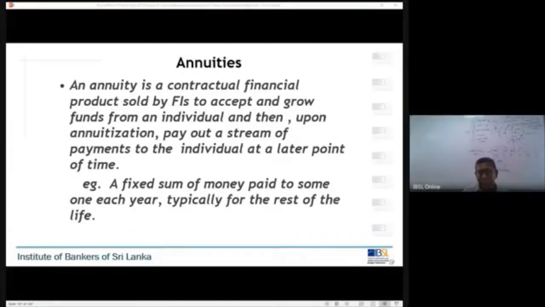I just randomly checked. So tell me any annuity product your bank has marketed. Can anybody tell me? Any financial product your bank has marketed comes under the name